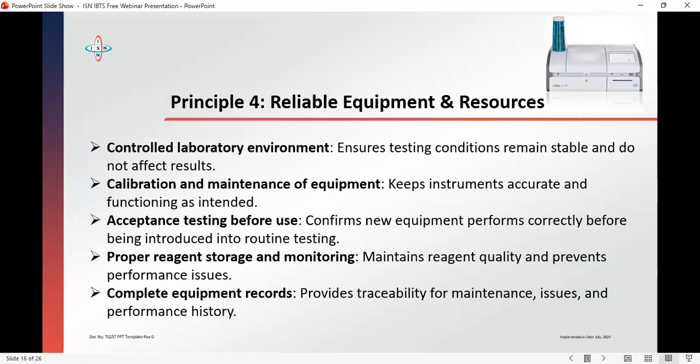If it fails, your instrument will tell you it fails, because they have a 95% confidence limit of the certified reference material; if it operates above it or below it, your calibration will fail. The acceptance testing before use. Like I said before, did you validate the instrument? When you got a new kit, did you test it to find out that it's working correctly? These are very, very important requirements. You can test it by running control, you can test it by running QC, but you need to test the precision before you even put it to use. Are they reproducing well? And it is not just done once.